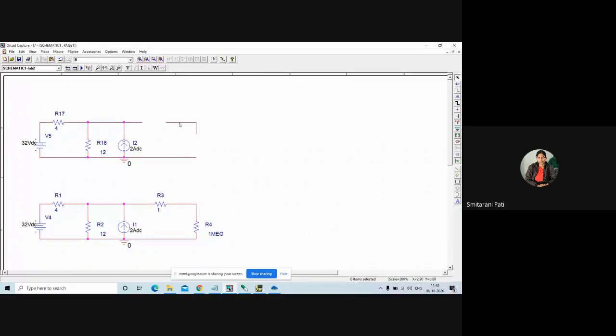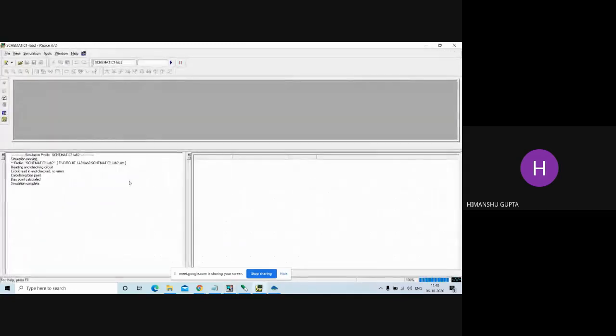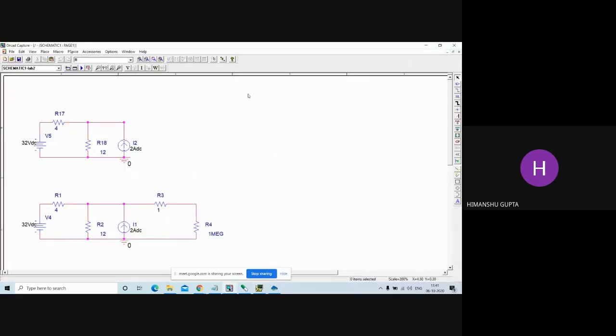We can remove this 1 ohm resistor because across the open circuit there is no current. But in that case, you have to modify your circuit now. So there is another method. We just need to modify the circuit. We have to remove the 1 ohm only. Yes, we can also do this. We can also do by this method also. Now from here we can get the VTH value, and from here we can get the ISC value.